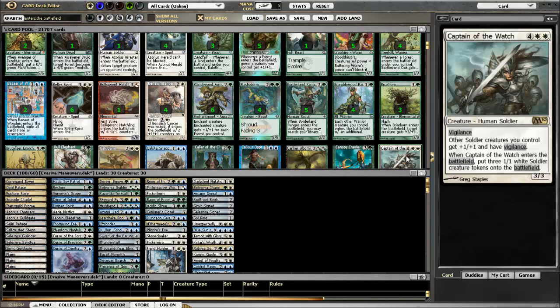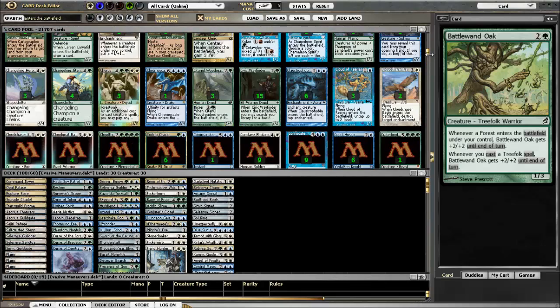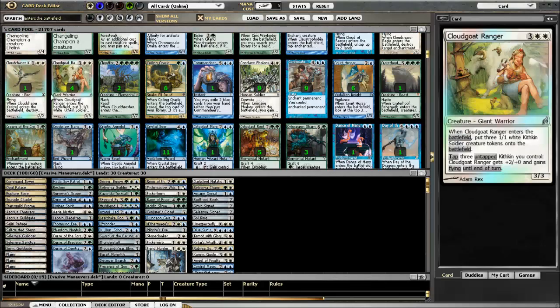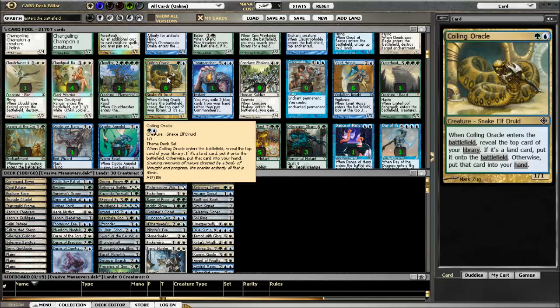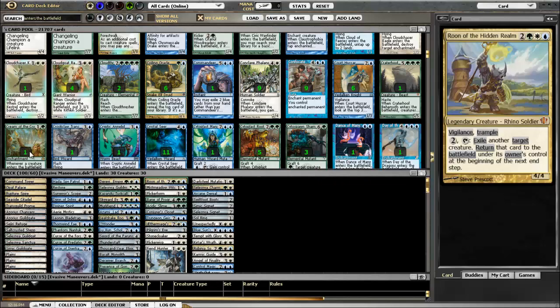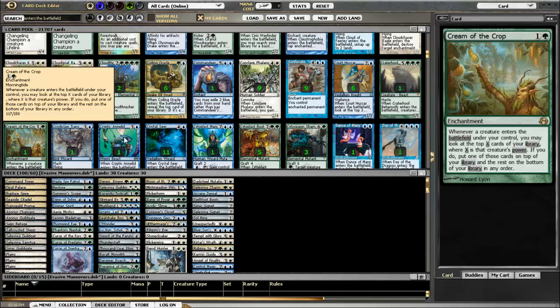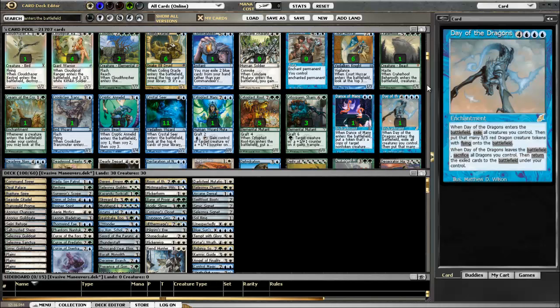Captain of the Watch can produce a bunch of tokens for you when it comes in and out. Same with Cloud Goat Ranger. Coiling Oracle is a nice little way to blink stuff. Craterhoof Behemoth obviously makes dudes huge. Cream of the Crop is fun to stack your deck. There's a lot of ways and a lot of enters the battlefield stuff here